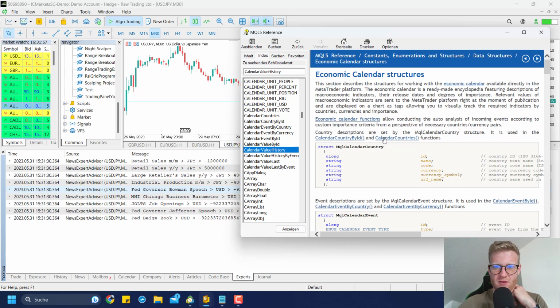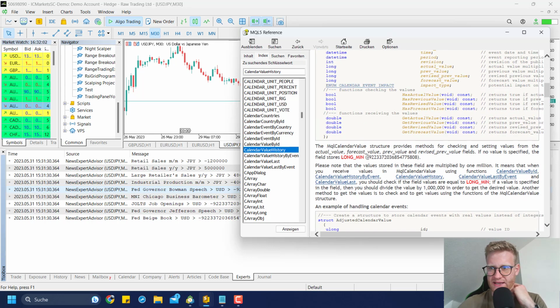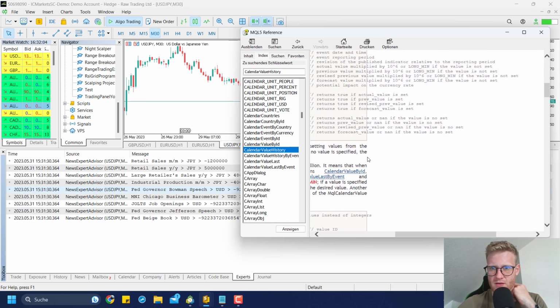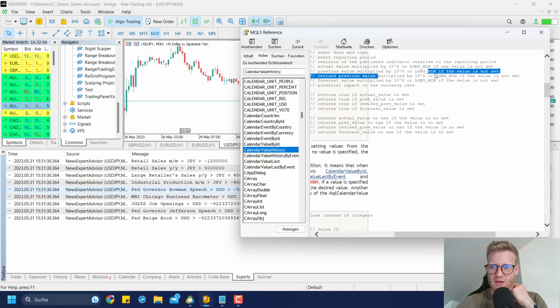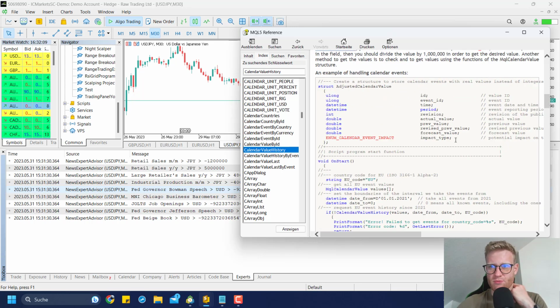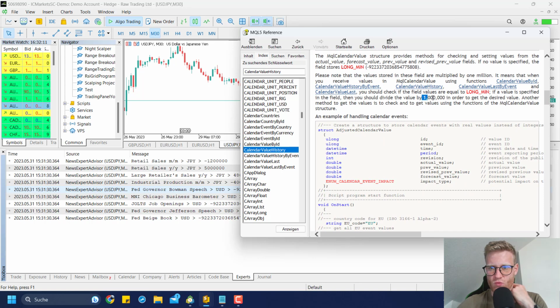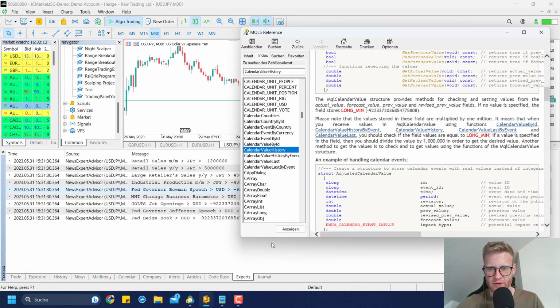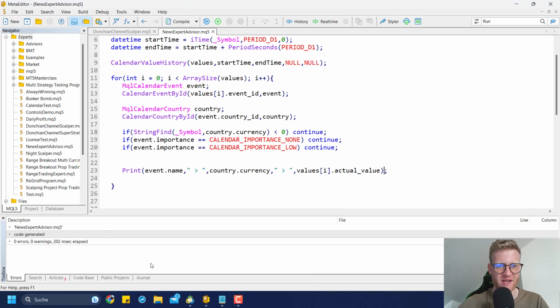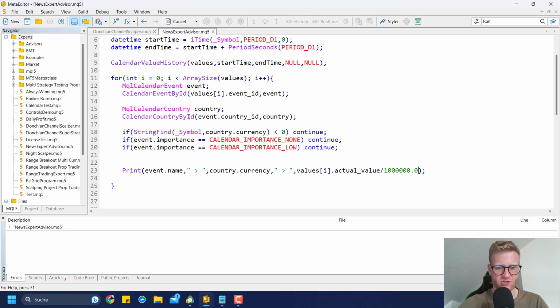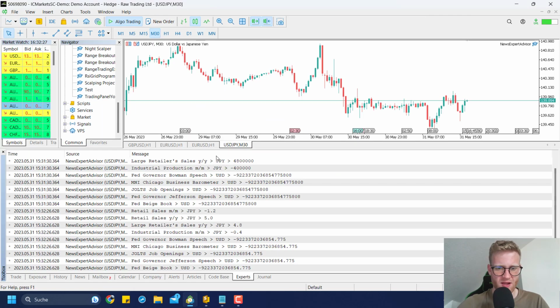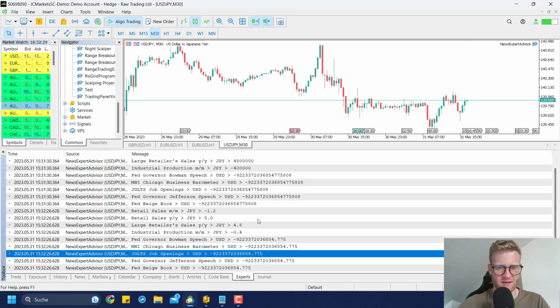If we have a look at calendar country, it is explained somewhere. Yeah, you can see the values are multiplied by 1 million. So we will have to divide the values by 1 million to get the actual correct value. Just divide it by 1 million, and then you should get the actual value like it is displayed in